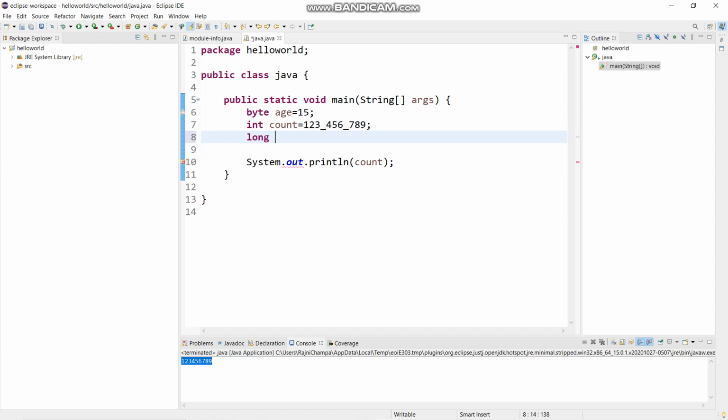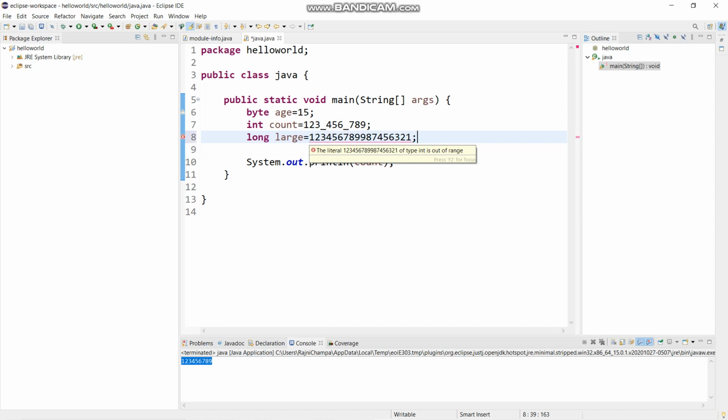Long is for large numbers. So I am taking a variable large equals, so let us take a big number here. So I'm writing here 1 2 3 4 5 6 7 8 9 9 8 7 4 5 6 3 2 1. Yes, this is a bigger number. It is obviously showing an error on the line.